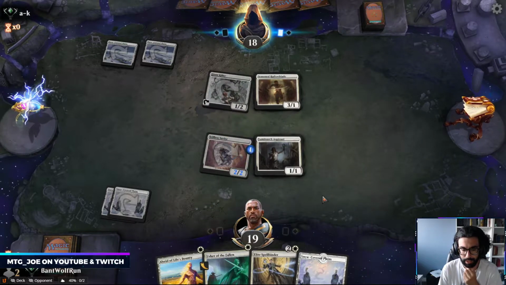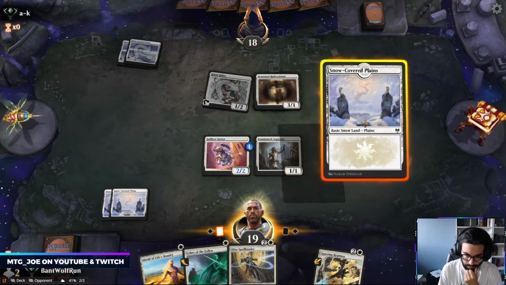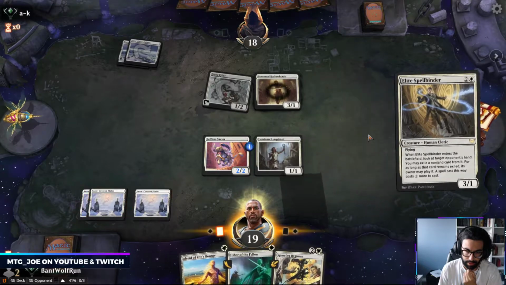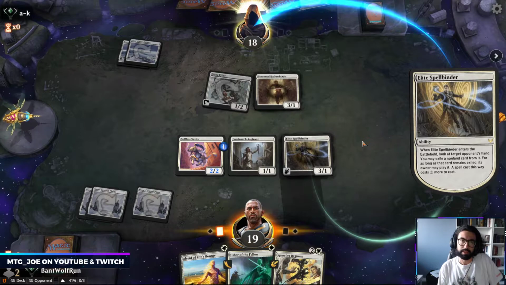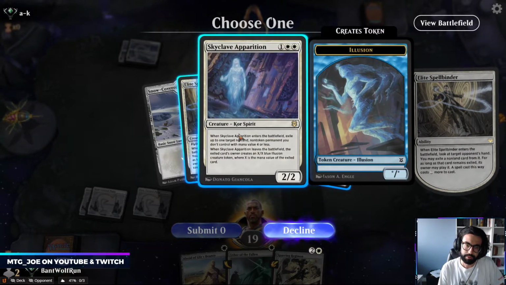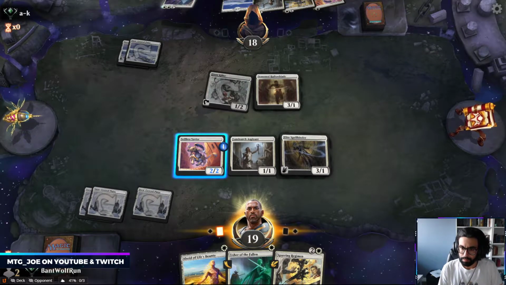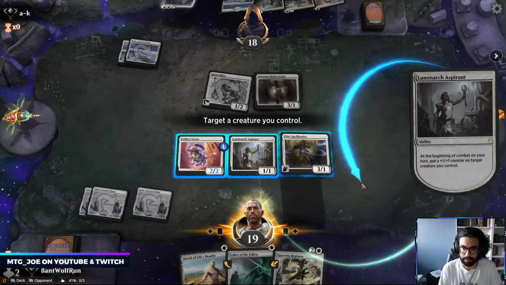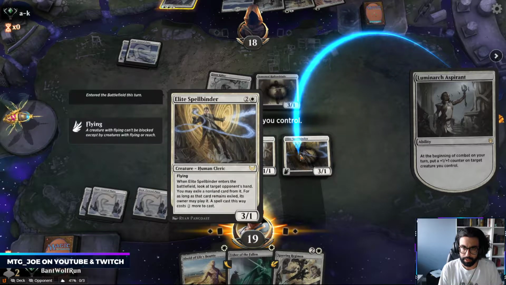So I think we go Skies this turn. Sparring Regiment's interesting. Set that up for the following turn. Try to get like Luminarch or Maul out of the way. Okay, we'll get rid of Skyclave Apparition here. Opponent's hand's got a bit more gas than us. Probably